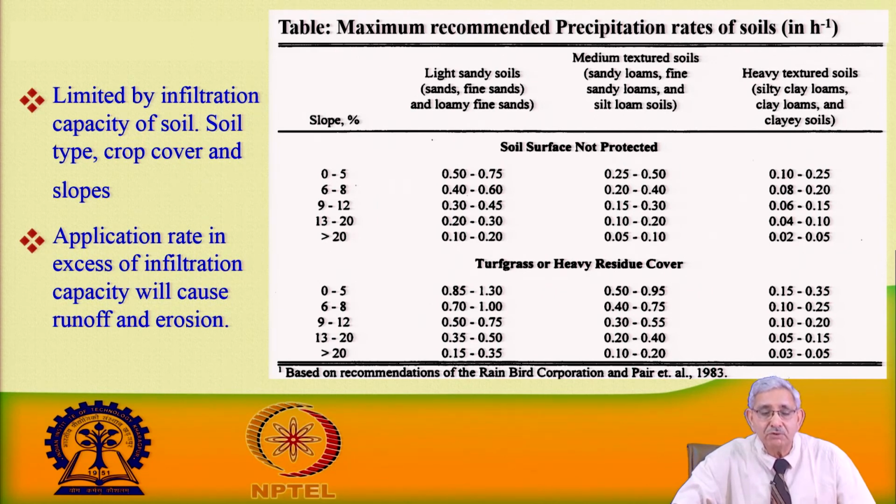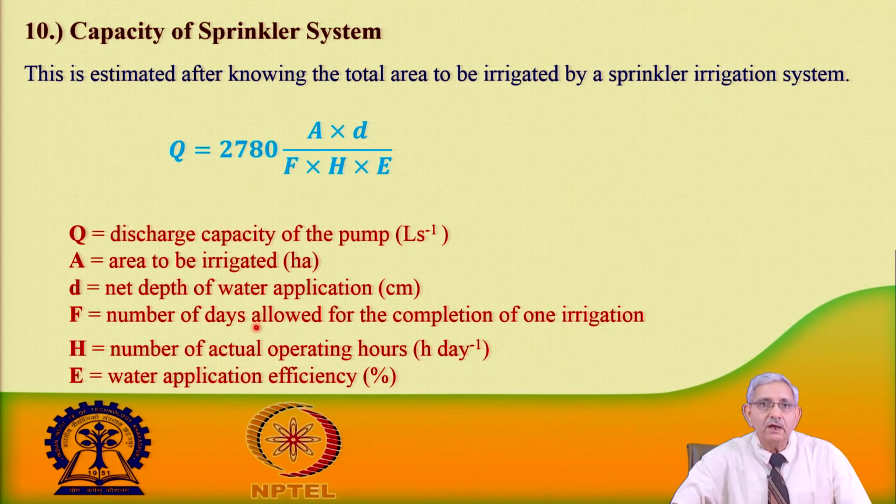So, the equation which I was telling you: Q equal to S M into S L multiplied by I divided by 3600. These values have to be chosen, and since they are in inches per hour, this will be multiplied and brought into terms of millimeter per hour. So, that value can be used. For the capacity of the sprinkler system, one has to decide what should be the discharge capacity of the pump.